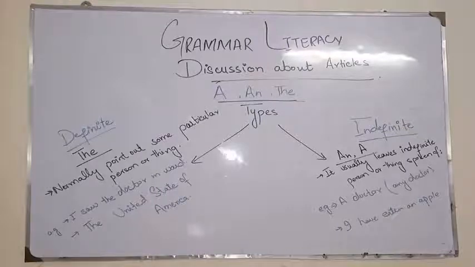The next one is the indefinite article. It's written right over here. You can see that the indefinite articles are a and an. There are two types. One is a and one is an. We are going to deal first with what is a and what is an. Everybody knows that we have already talked about vowels in the first part of the lecture. I've given you what is a consonant and what is a vowel sound, that starts with A, E, I, O, U. These alphabets are the vowel letters.